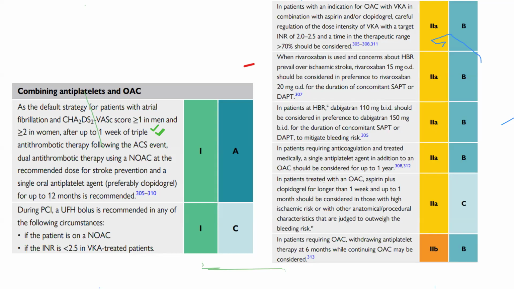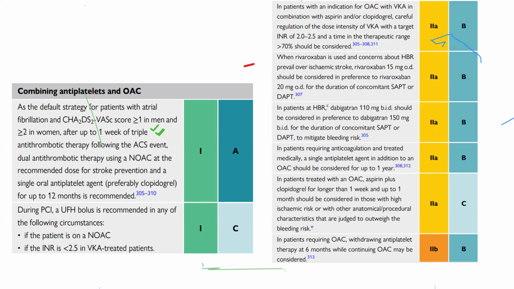So earlier on, we do triple therapy for 1 week only, provided the ischemic risk is acceptable. That was one recommendation, class 1. But if the ischemic risk is very high, based on factors that could be the number of stents, anatomical, etc., then you may have to do the triple therapy up to a month to reduce your ischemic risk and minimize the risk of recurrence or stent thrombosis as a complication. But it's a 2A compared to the triple therapy for 1 week, which is a class 1.